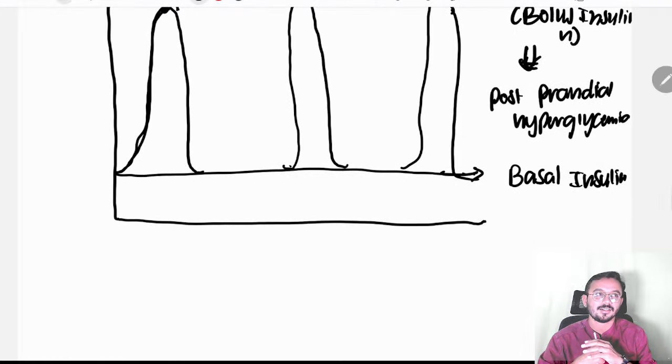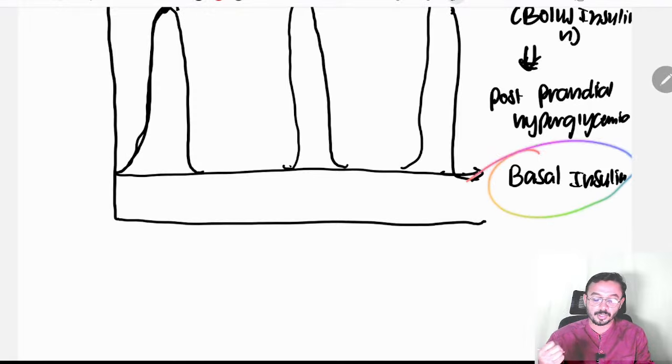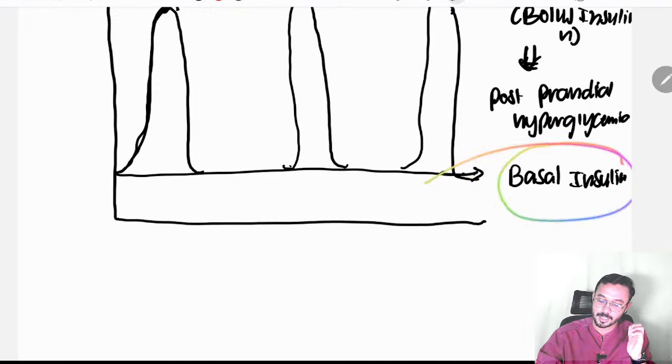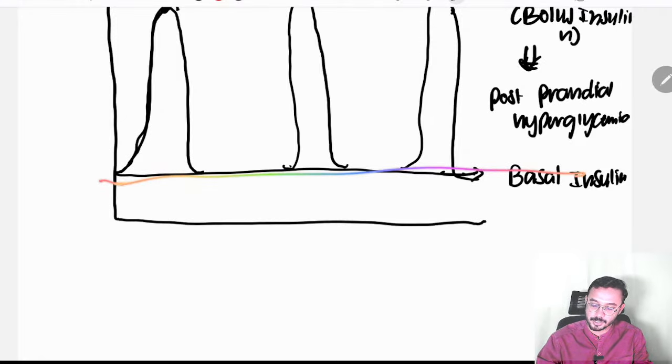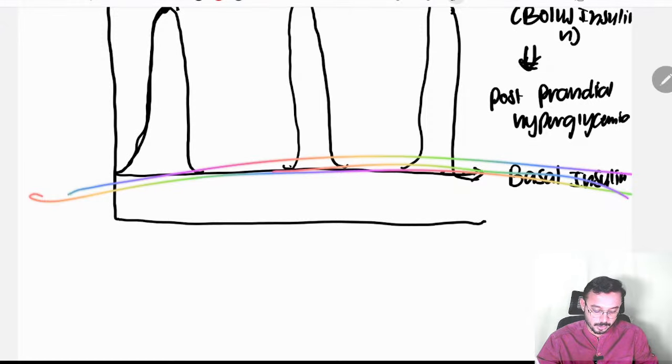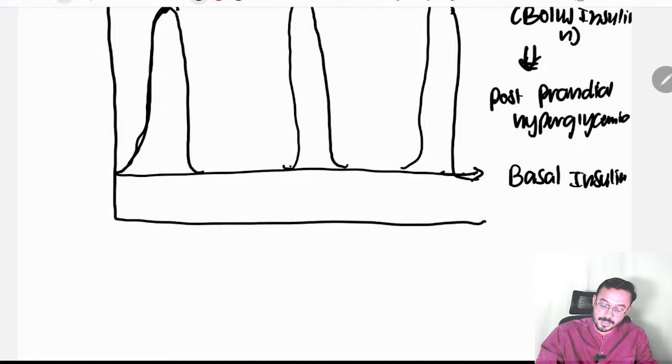Remember, insulin is not only released whenever I take food. Suppose imagine I am not consuming food, even then my body will release some amount of insulin. That is known as basal insulin. Okay. So now you came to understand what basal and bolus mean. Bolus is the insulin released after having food. Basal is the base insulin: even if I don't have my food, the insulin is released in the body, and that is known as basal insulin.